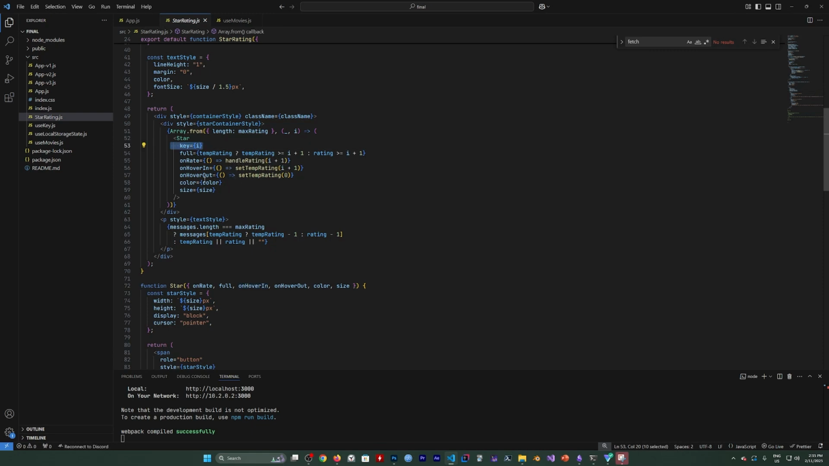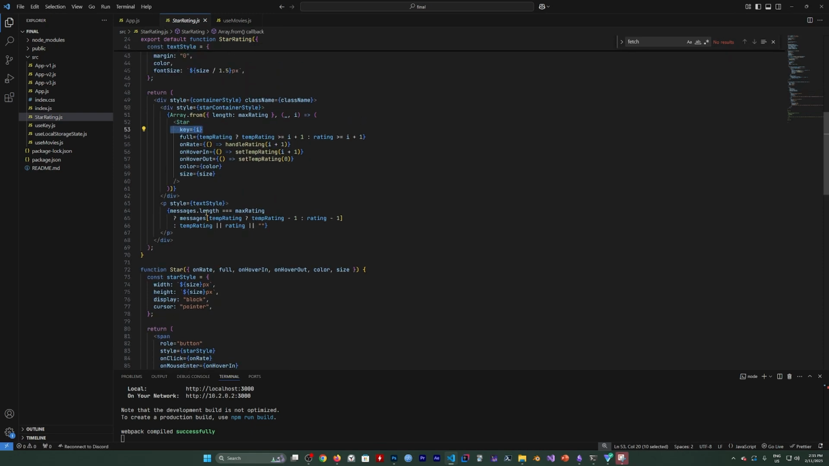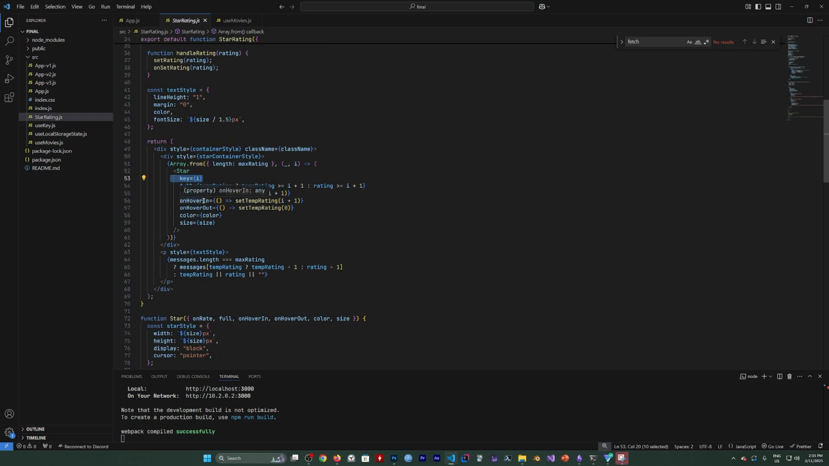So we're just creating a list of arrays. So passing the key, value, full, tempRating. So we're checking whether the star should be full or not by checking the rating. If the rating is greater than or equal, so if the first, so let's say the